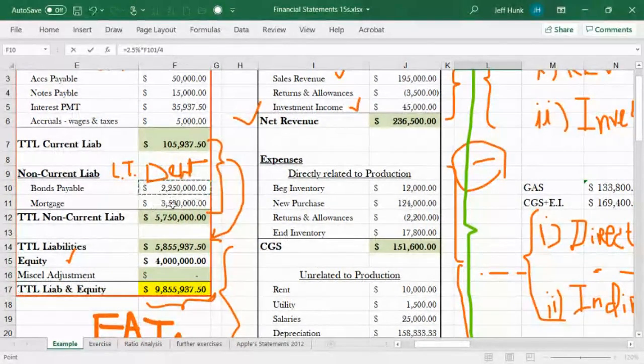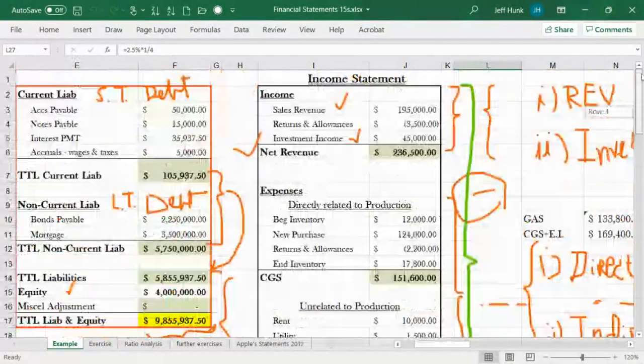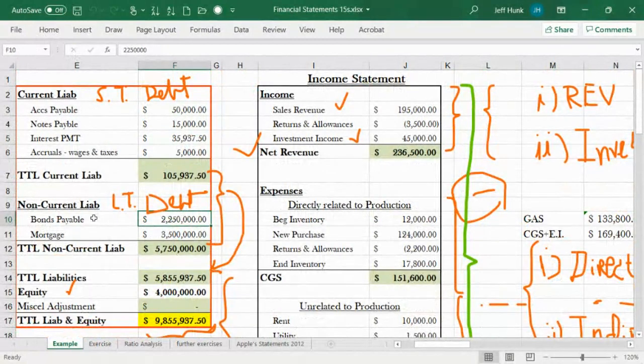Now, first, think about it. The coupon rate on the bonds and the mortgage interest rate cannot be the same thing. I mean, they may or may not be the same. Most likely, they won't be, because the company sold bonds to raise capital, for like $2.25 million, right? And these are two separate borrowings. They also got the mortgage loan, so the interest rates most likely are not the same. But